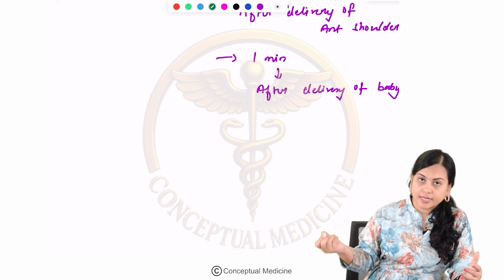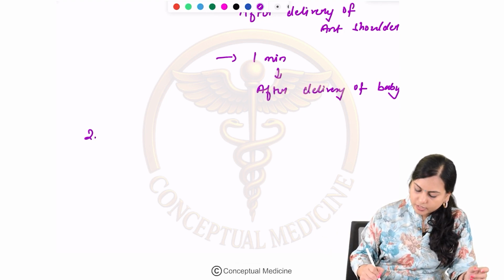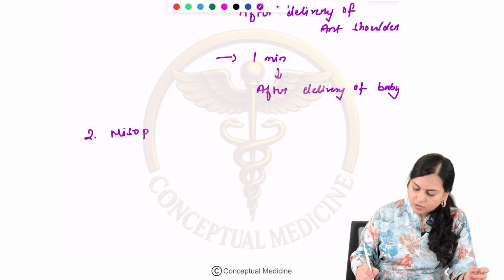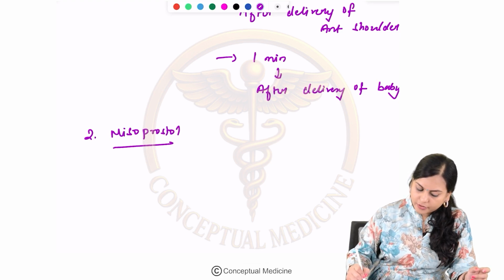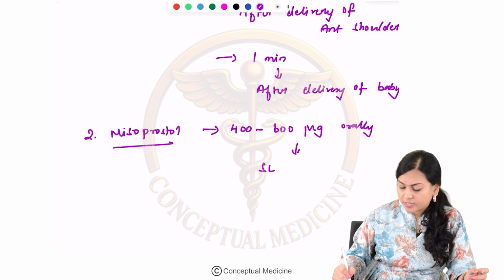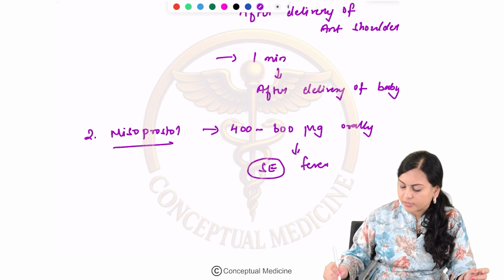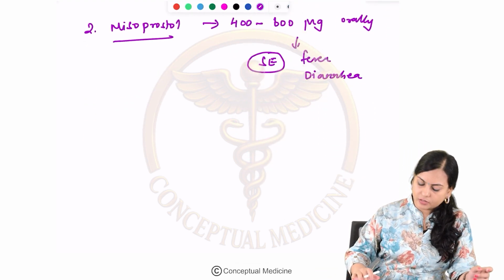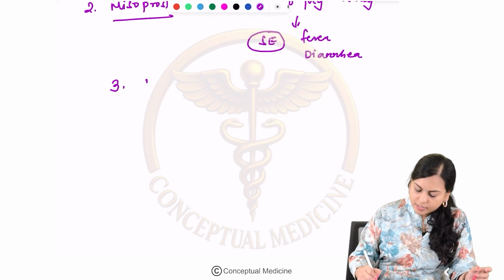Then the second choice is you can even use misoprostol at a dose of 400 to 600 microgram orally, but the side effects are there with this drug. There is fever and diarrhea. Okay. And the another drug is